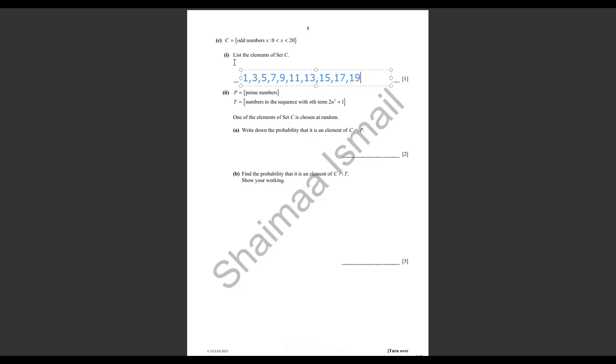Here, he asks you about the elements. One of the chosen sets is chosen randomly. Okay. T is the numbers in the sequence 2n squared plus 1. So for sure it would be one of them. Okay, so here we ask you about